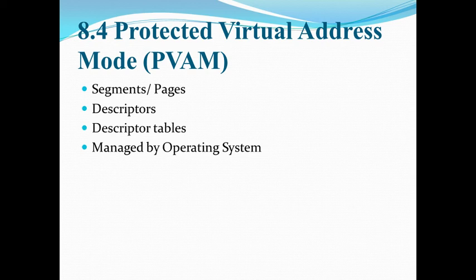The virtual memory is allocated per task. So the 80286 is able to address 1 GB, that is 2 raised to 30 bytes, of virtual memory per task. The complete virtual memory is mapped onto the 16 MB physical memory.